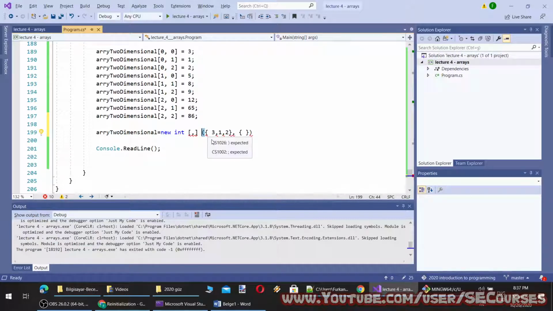So it isn't like this. And it is expecting nested array initializations, and how nested array, perhaps like this.